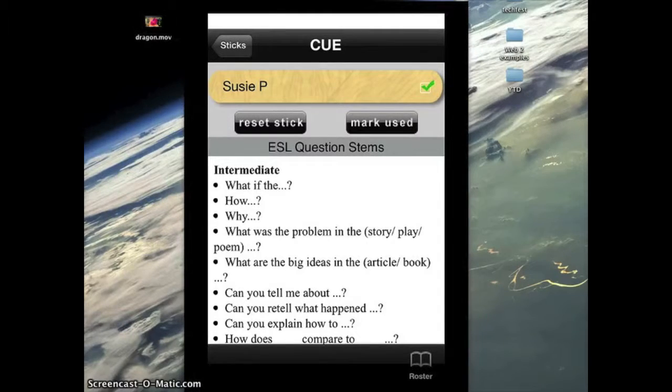Okay, so let's say we're reading a novel in class, this first one here on the screen. What if the character went to the park after his or her mom told her not to, right? So these are question stems that are at their level, and I'm able to quickly access these that are appropriate for Susie, right? So I'm not having to keep all of that educator information on the front of my brain,